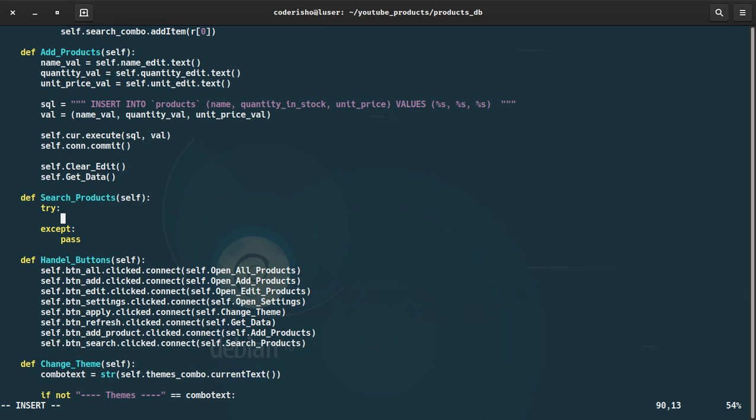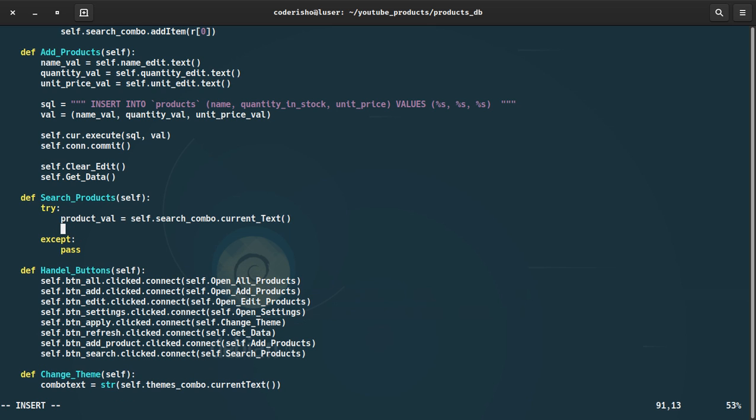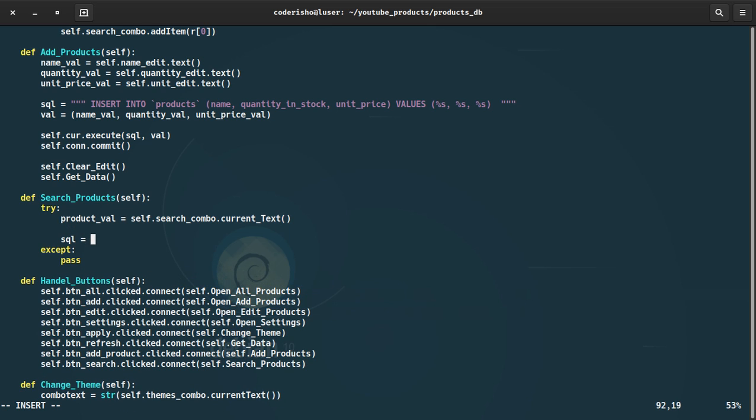Let's call it product value. Okay, let's go self. I named it combo, search combo. That's the name. Current text. Okay, current text. MySql formula should be